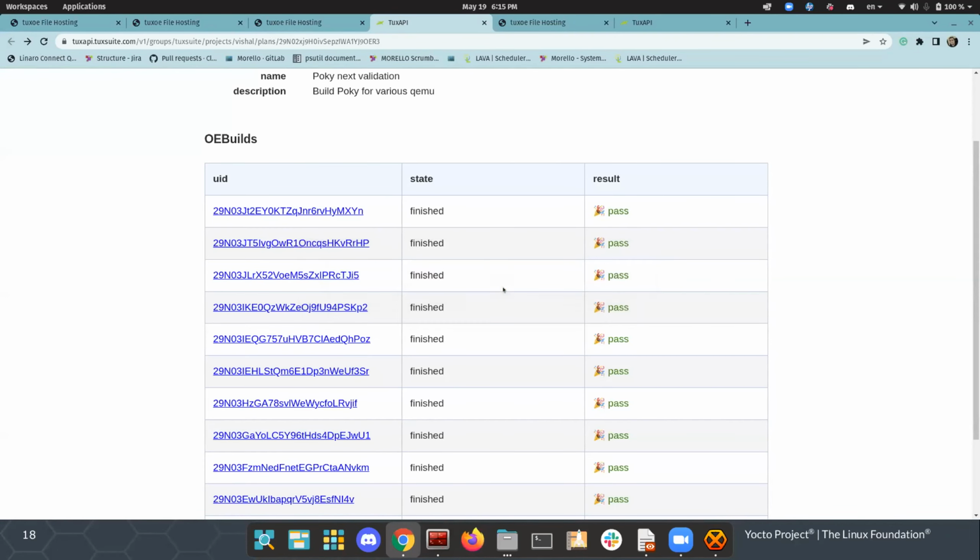So you can basically write these plans to cover all the different builds that you want to do on your layer, and it will do it for you, and you can quickly integrate with your CI system. Maintaining CI will be much easier in this way. And yeah, one more important thing is